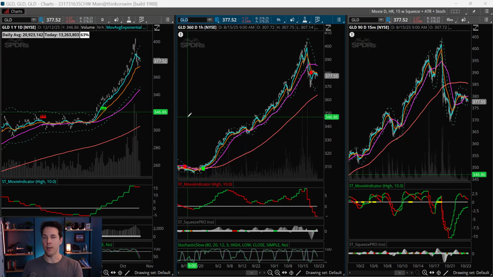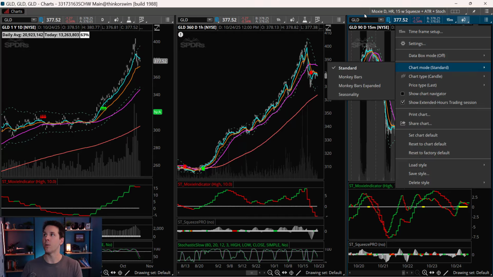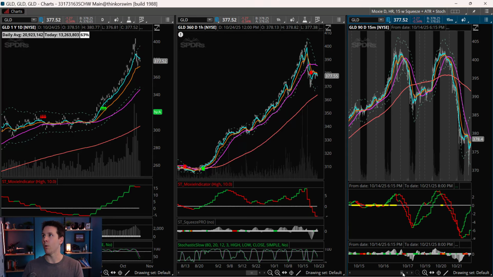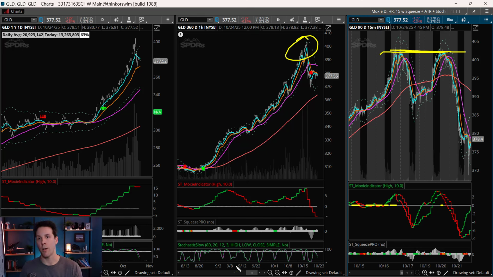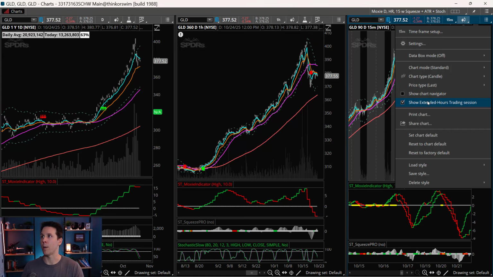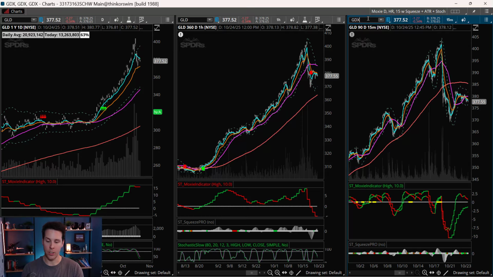Here's the tricky thing: if you just look at GLD, it doesn't really tell the whole story. You have to look at the gold futures, or turn on the overnight for gold, because look at the overnight. There's your double top right there. So the futures actually showed you a double top, whereas you don't quite see that in the regular hours. That's one of the reasons why sometimes you might want to cross-check something like this that is so global. You might want to look at the futures, because they could tell you a little bit more information. So there's GLD and GDX.